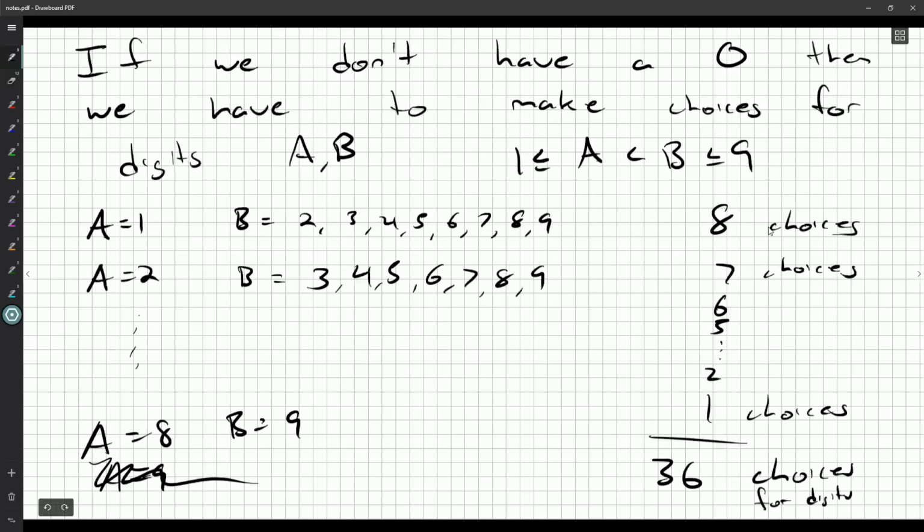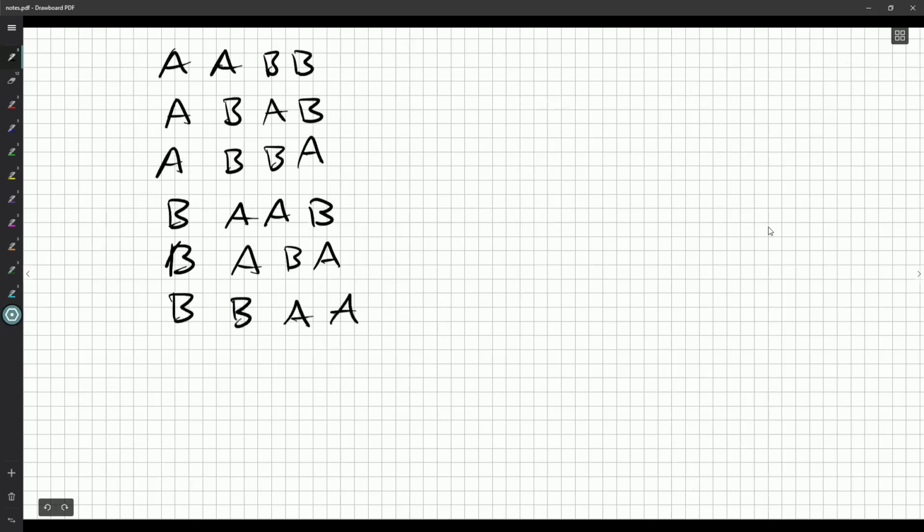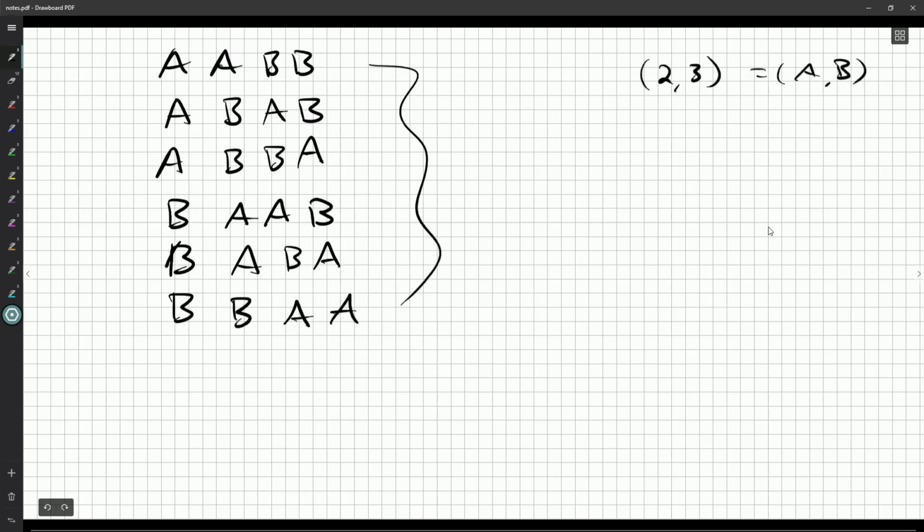Now, if back in this stage we didn't care which digit was bigger, we could actually get twice as many choices, because you wouldn't necessarily have A being the lower one. But you have to be careful that you're not double counting. So here I'm allowing all possibilities. So there has to be some difference between A and B, because if I were just allowed to pick any pair, you know, A, B is 2, 3, I could get 2, 3, 3, 2 as a possibility. Right? That would be the ABBA possibility here. But if I was also allowed to have 3, 2 as a possibility,